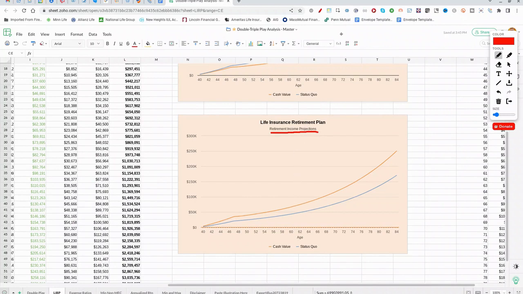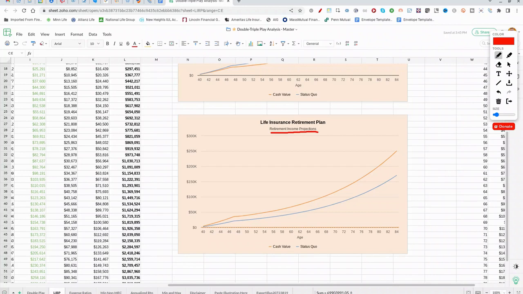And here we can see that the tables are flipped a little bit. And the reason for that is life insurance, because you're not physically taking any money out of your policy, you're borrowing against it. The principal, 100% of the principal plus the growth continues to grow and compound each year, even while your loan is growing and compounding. And when you run the numbers and figure out how this all works, you'll see that life insurance, so long as there is a 1% arbitrage between the cash value growth rate and the loan rate, which historically has always been there, at least 1%,